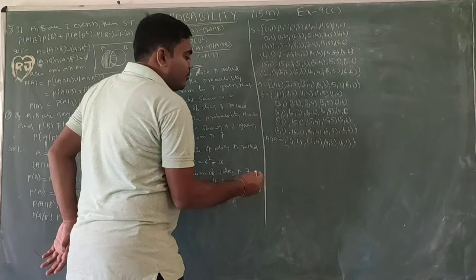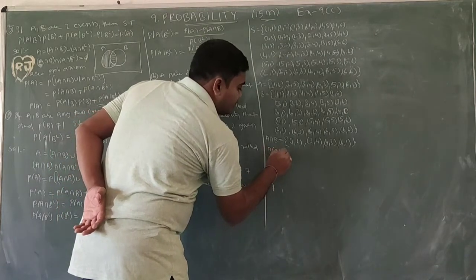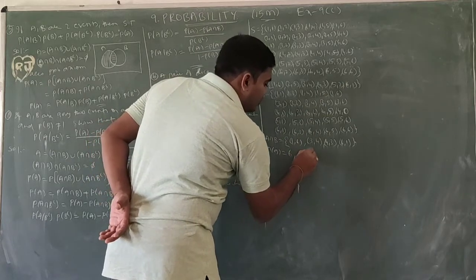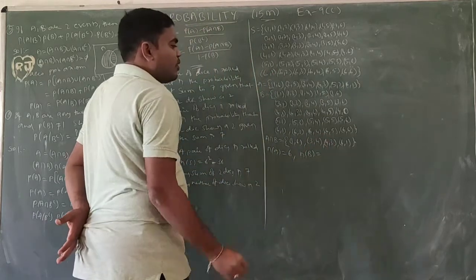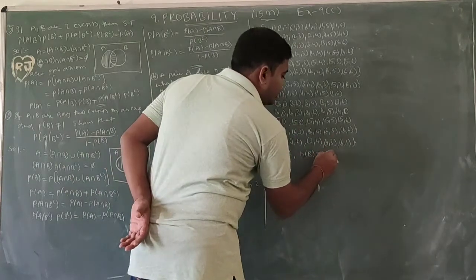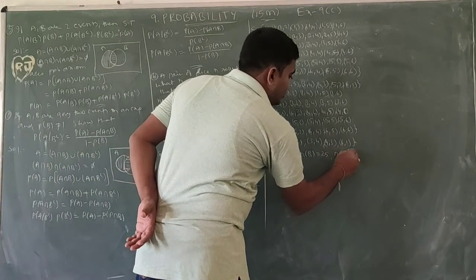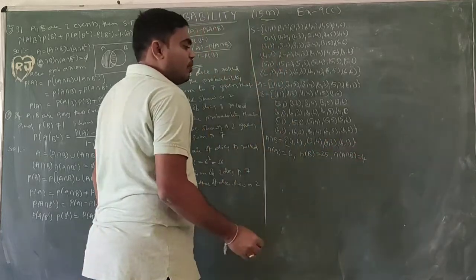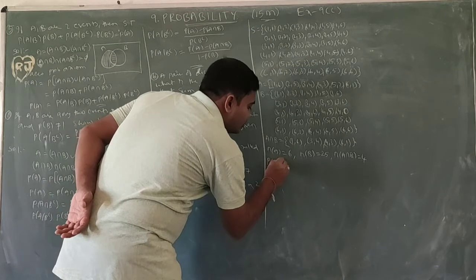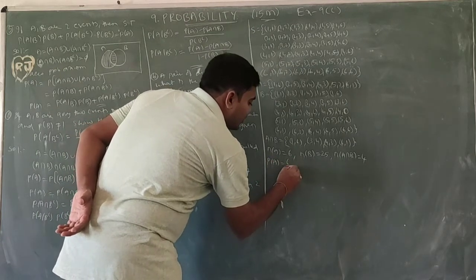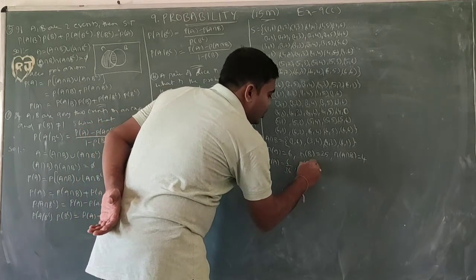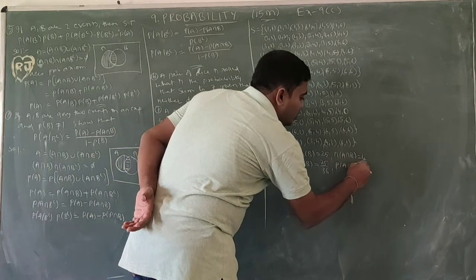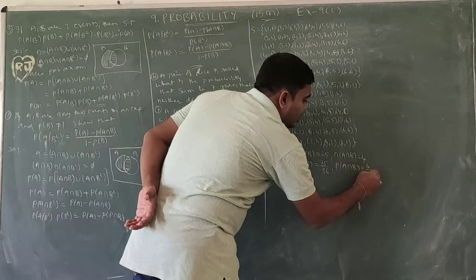Now, n(A) equals how many? 6 choices. n(B) equals how many choices? 25 choices if we count. n(A intersection B), how many choices? 1 2 3 4, 4 choices. Now probabilities. P(A) equals 6 by the total 36 choices. P(B) equals 25 by 36. P(A intersection B) equals 4 by 36.